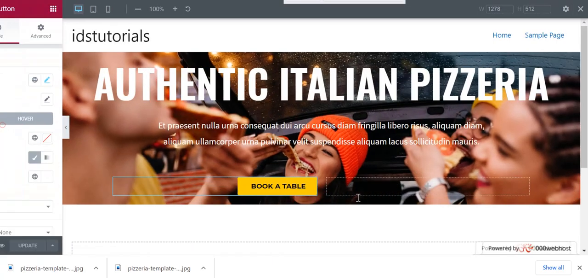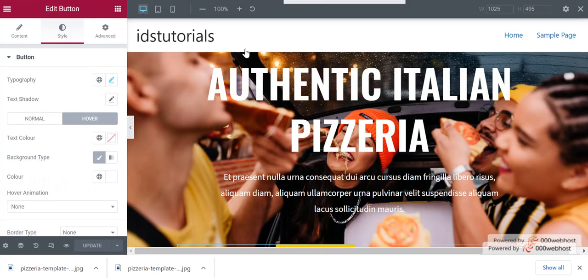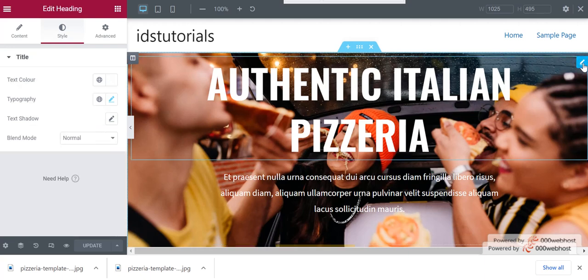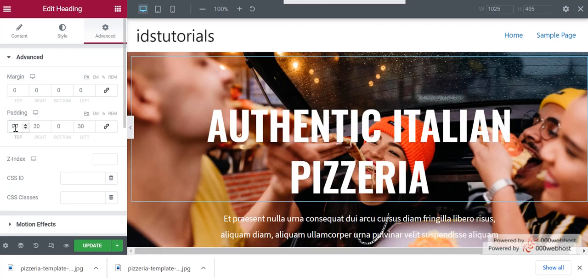Okay, so now as you can see, there is a lot of space here, but here we don't have any kind of space above this heading section, so we will add some space. I will click on this pencil icon and go to this advanced setting. Now what we want is padding on the top. So if I click on this padding and I click on 90. Okay, so as you can see